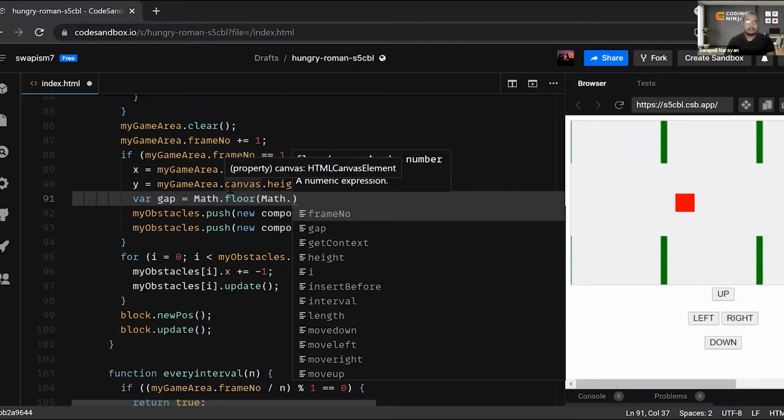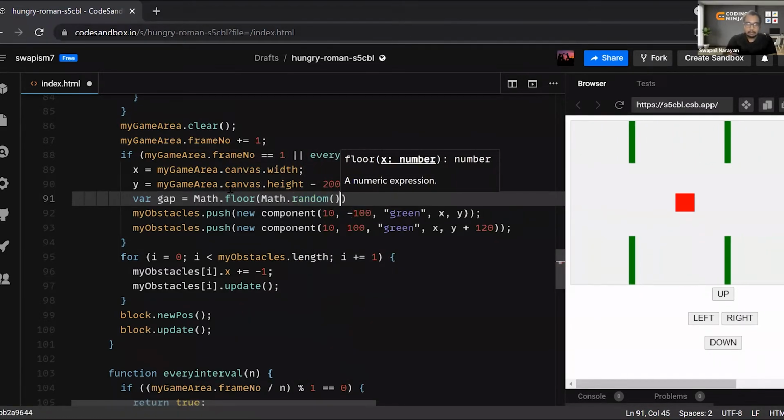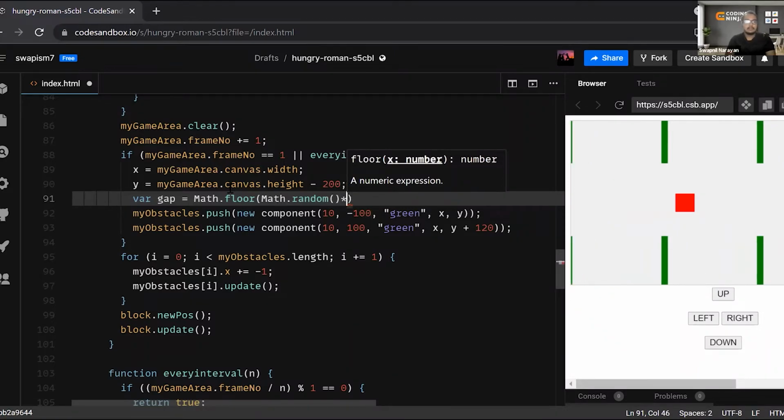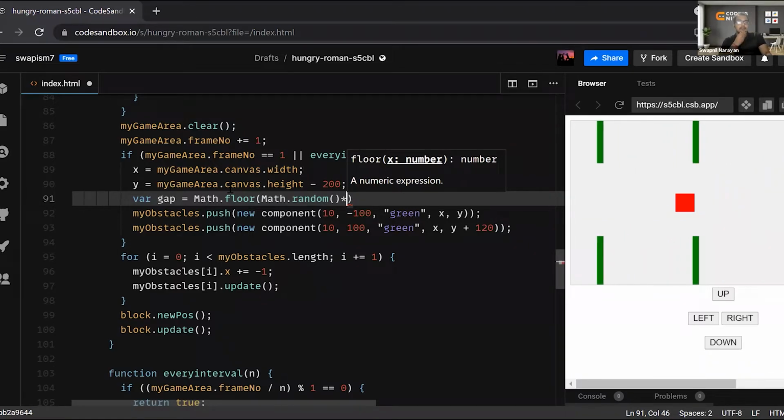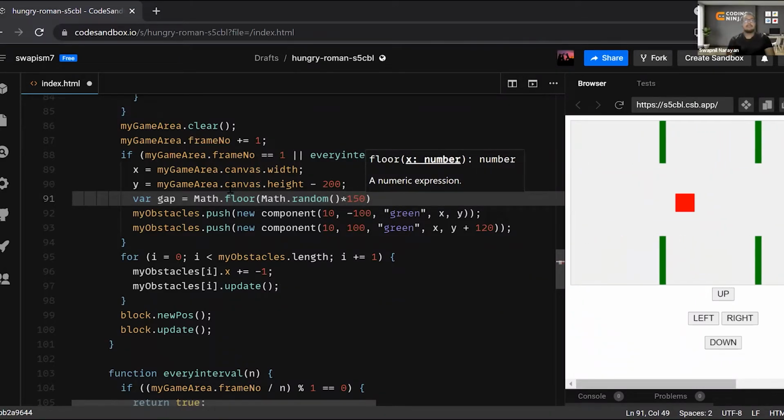Math.random and then random, and then let's say 150. Fine.